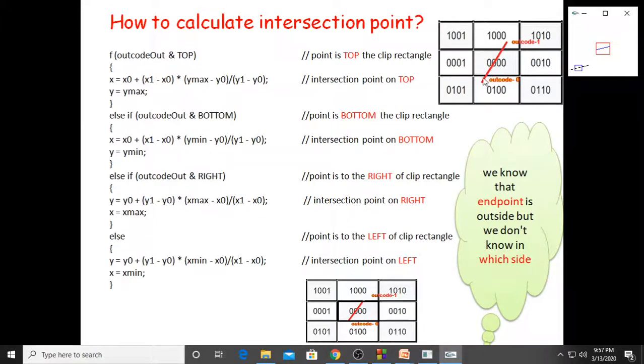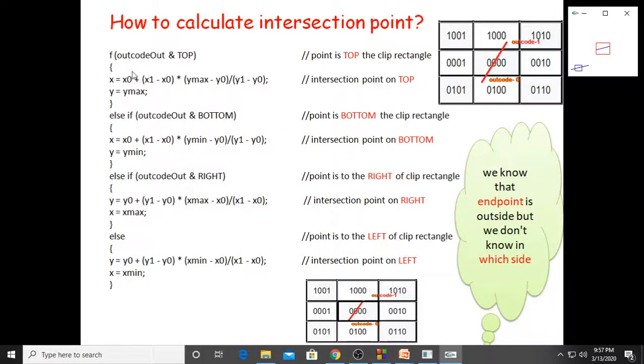Now for this given input, what is to be done next? You have calculated that this line is falling on the bottom side as well as the top side. So how does the algorithm proceed? I should take this endpoint 0 and find this intersection point. After that I have to find this intersection point.